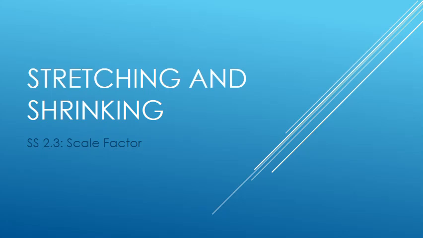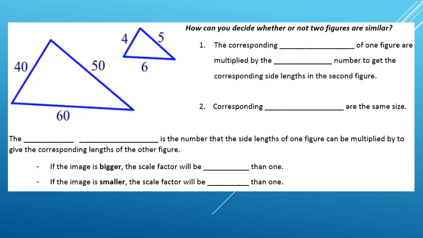You've been learning a lot about similar figures, and now we're going to learn another piece of information about similar figures, which is called scale factor. Sometimes we're given two shapes to look at, and we're asked to tell whether or not they're similar. And so here we have these two triangles, and it can be a little bit tricky to look at two shapes. They may look like similar shapes, but we want some way to test and prove that they're really similar